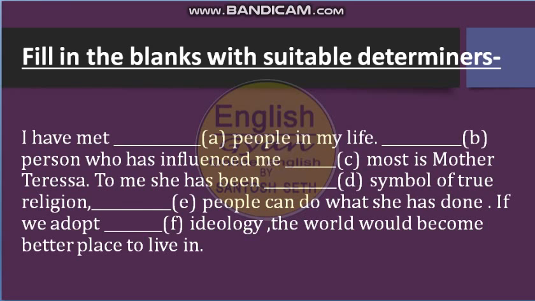Dash people can do what she has done. If we adopt dash ideology, the world would become dash better place to live in. So you have to select the determiners to fill up the blanks. Take your time, fill up. Just write down A, B, C, D, E, F, and in front of that write down the correct answer which you think is right.